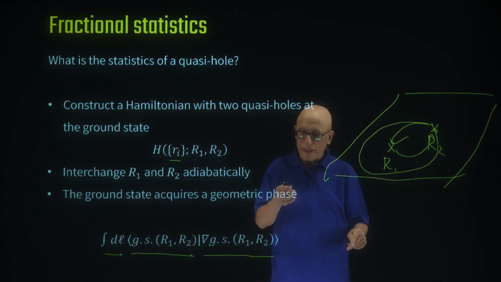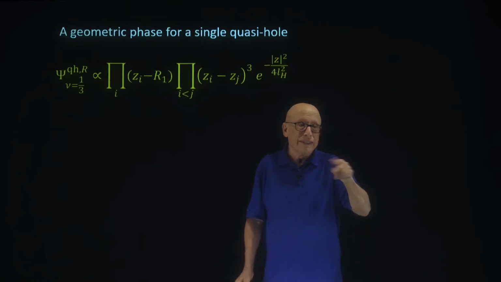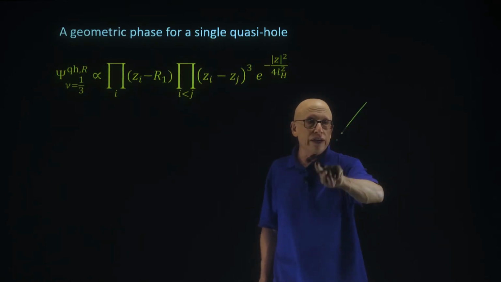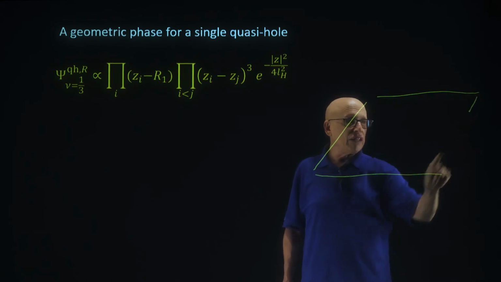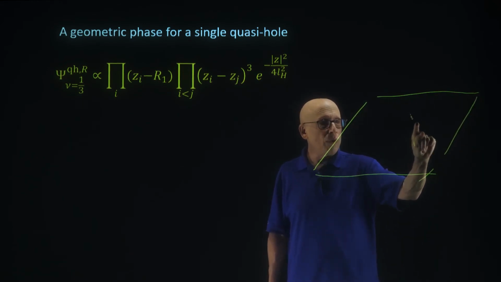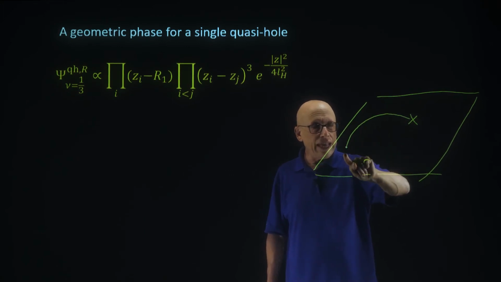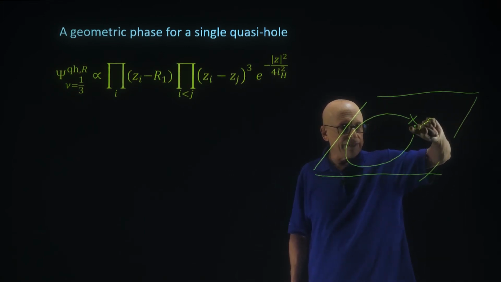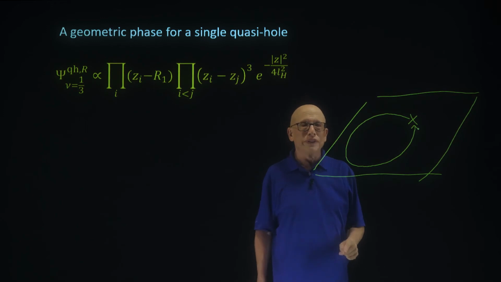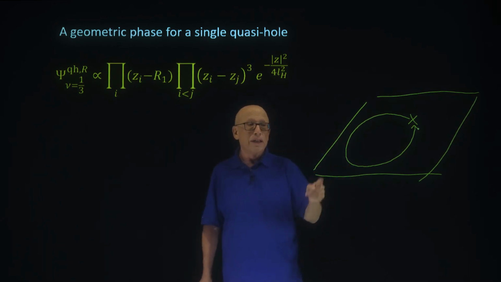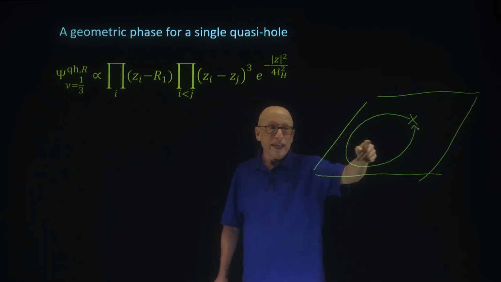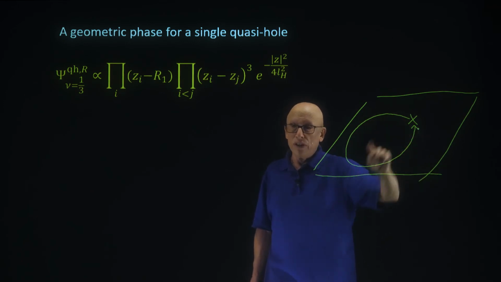In fact, we'll do something slightly simpler as a first exercise. Instead of putting two quasi-holes, we'll put just one, move it around in a circle, and calculate the geometric phase that the system accumulates as a single quasi-hole goes around